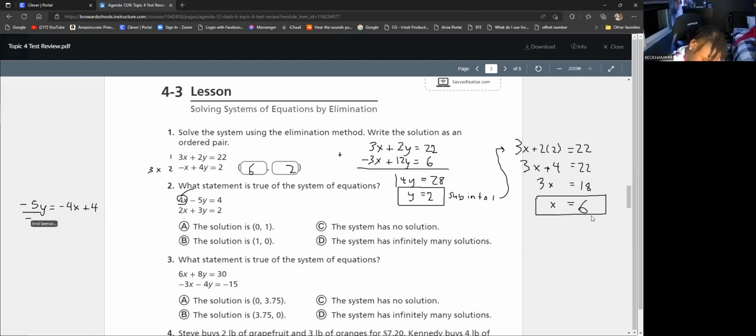Divide that by negative 5. Divide that by negative 5. Divide that by negative 5. What does y equal? Y equals 4 over 5x minus 4 over 5. That's the first one, okay? Second one,